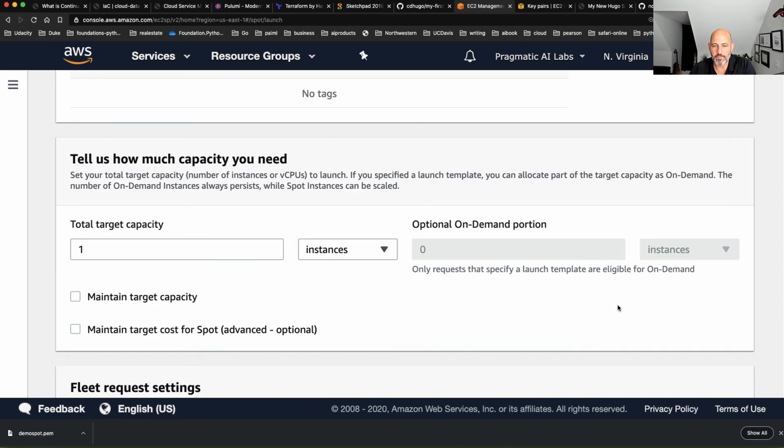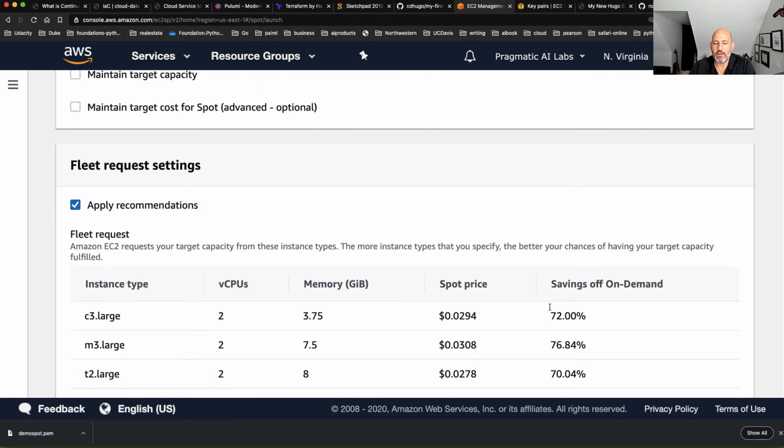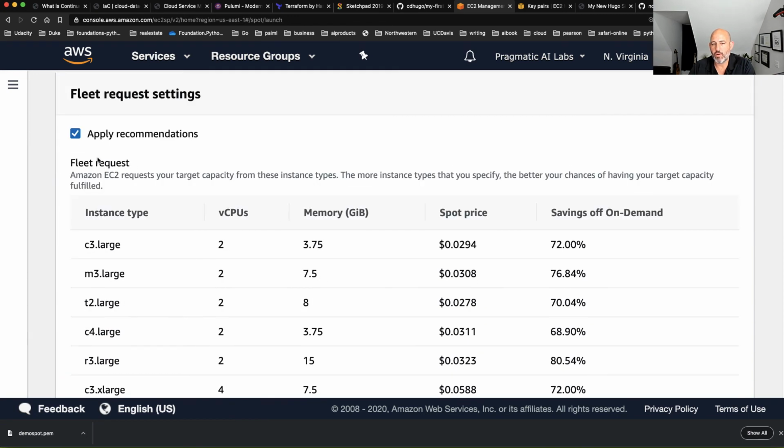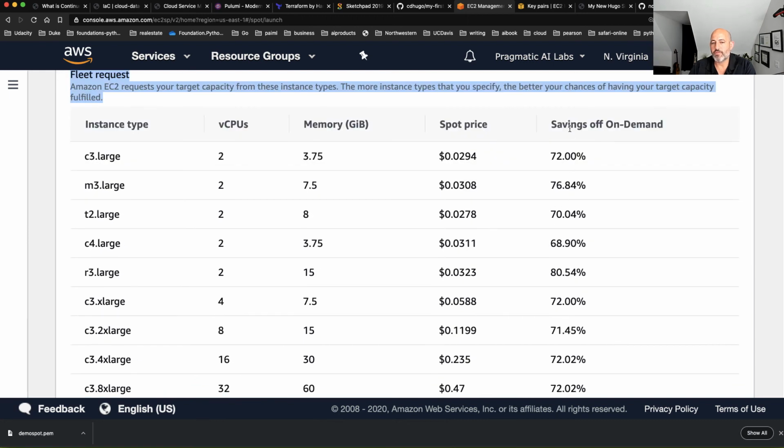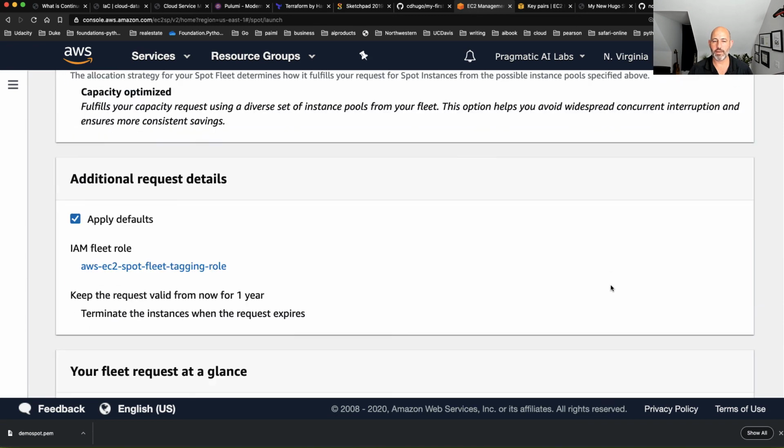So from here, the only other thing to be aware of is that I can tell it what kind of capacity. In this particular scenario, I think just one is totally fine. And then I also can tell it to do a fleet request, which is recommended, and that it'll just optimize for cost and find the cheapest one that's close to what I need. It's almost like a rental car where you go in, you say, I want a mid-sized car, and they just give you one, right? It's kind of a similar concept.